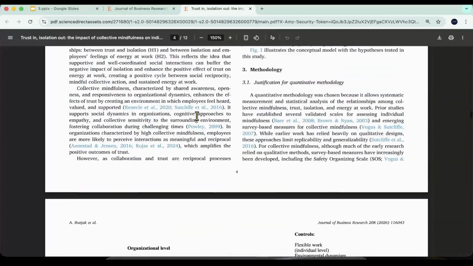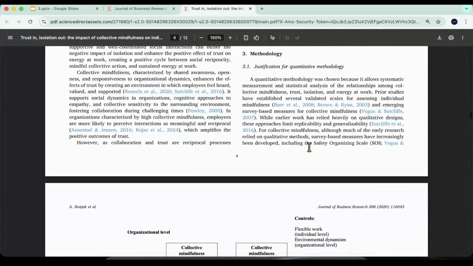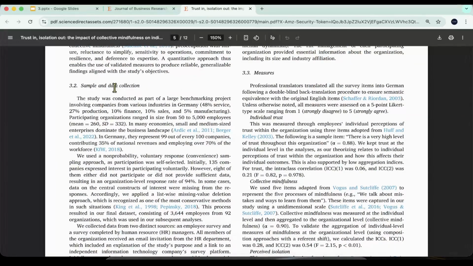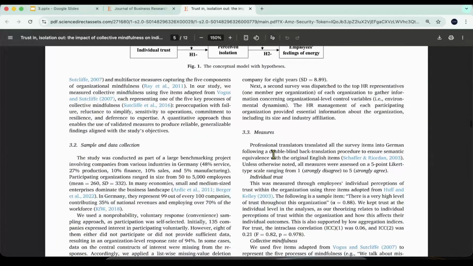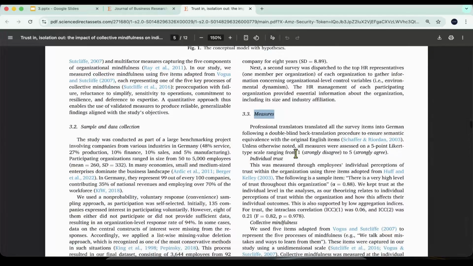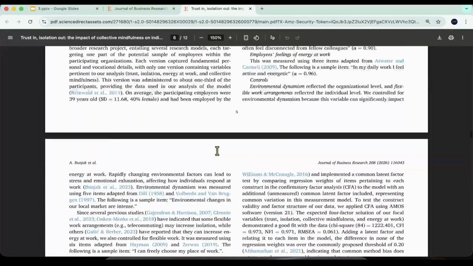Then before that, they just justify the quantitative methodology which they are going to adopt here in this method. Then they elaborated sample and data. Then they shared what measures they are using, that is the instrumentation. We have covered it in our last video. And then they have mentioned the